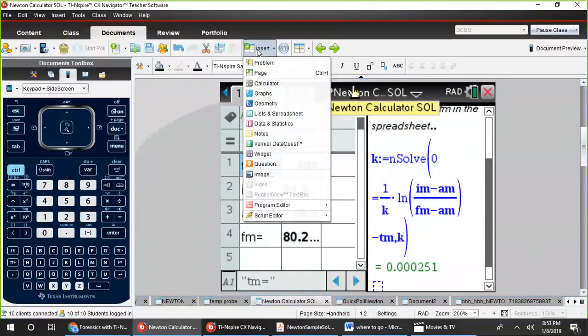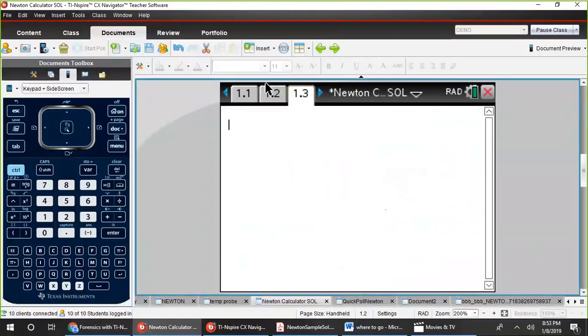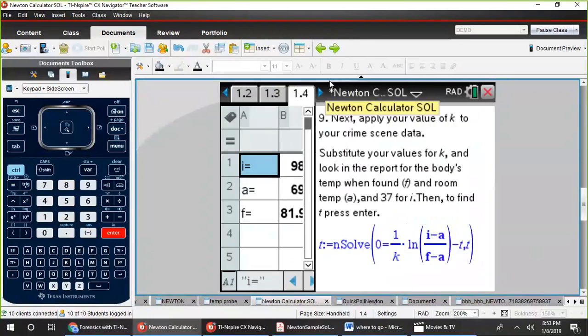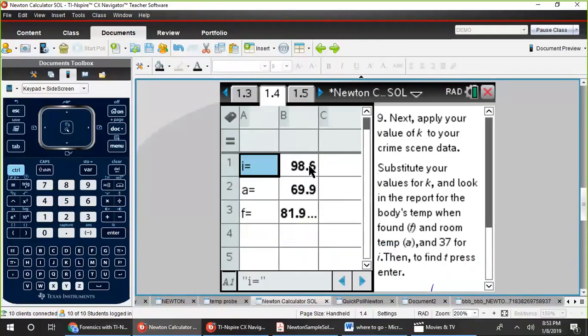We insert a calculator page and use K, which is the constant, and we can arrow up and get the full value. The next page is the next page of the written document also, which is our body temperature, ambient temperature, and the temperature when we arrived on the crime scene.